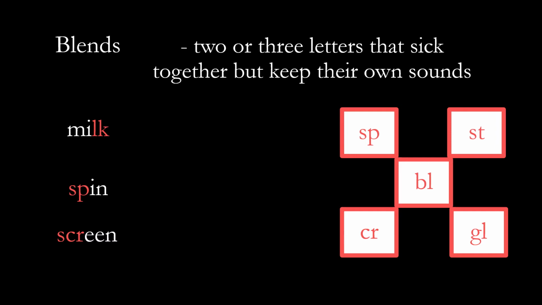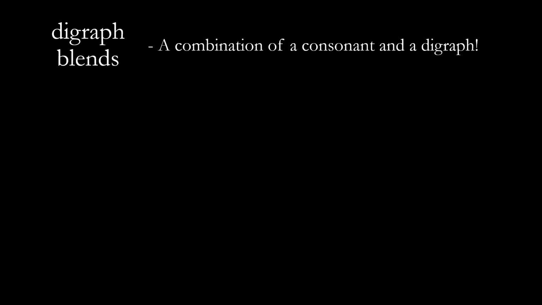Okay, there's one more thing we have to add. Well, if we have our digraphs and we have our blends, believe it or not, we can put them together and get digraph blends. So a digraph blend is a combination of a consonant and a digraph. Here's what I mean. A word like bunch, bunch. Well, we know that CH is a digraph, okay? And when we put an N in front of it, we get these 3 consonants together. We get this combination,